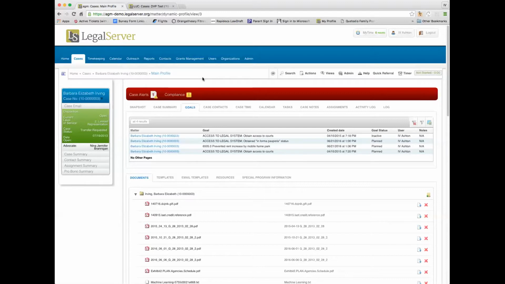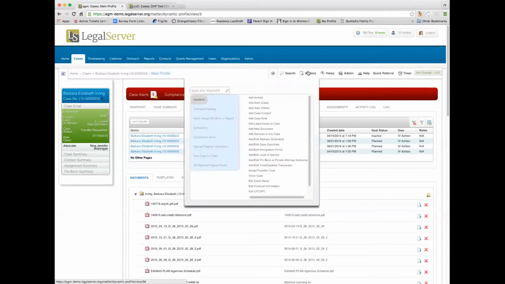So you could have also said, well, no, we just changed the level of service from advice to brief service and then back to advice, and then we change it to full rep, right? Which you could have logged all of that and tracked it that way as well. That's still an option. That might be how you solve that problem. But this agency in particular wanted a way to capture each of those things and be able to report it to different funders. So we built this block called,